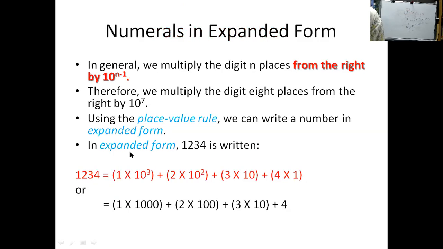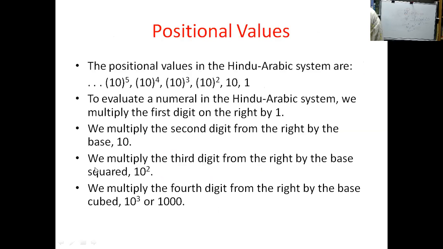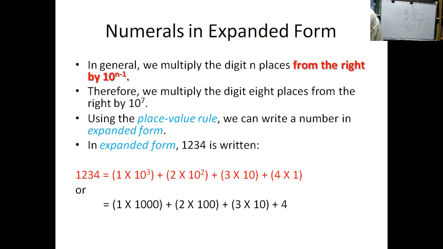Let's look at this expanded. If you have 1,234, okay? So we have 4 digits: 1, 2, 3, and 4. The 4 is in the first position, remember? Last slide. This is position 1, okay? So we multiply this one by 1, the second one by 10, the third one by 10 to the power of 2, and the fourth one by 10 to the power of 3. And when you add them, you get the same value. This is an expanded form of